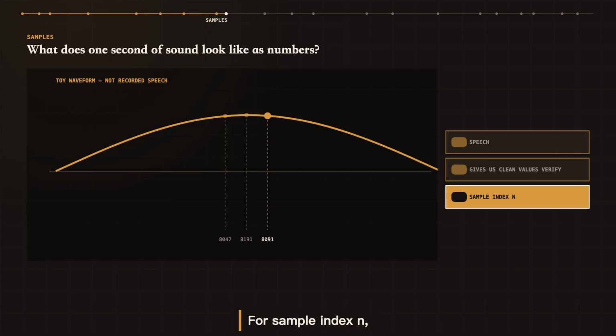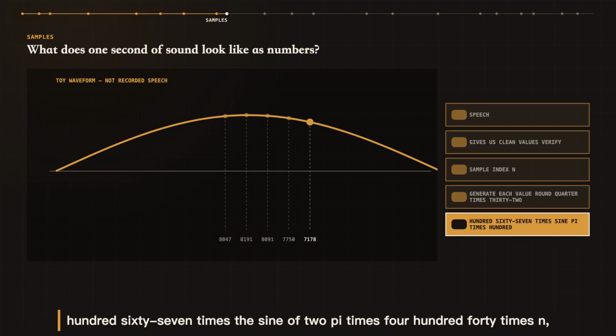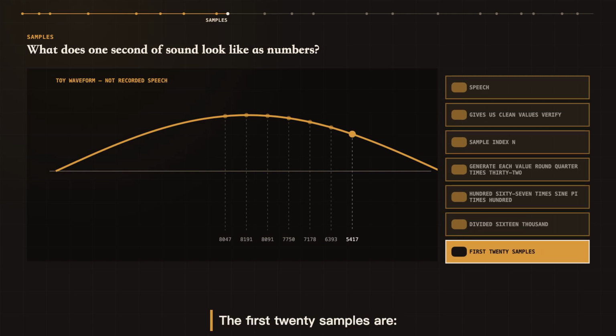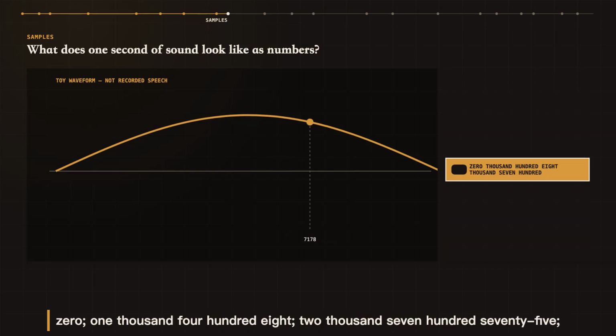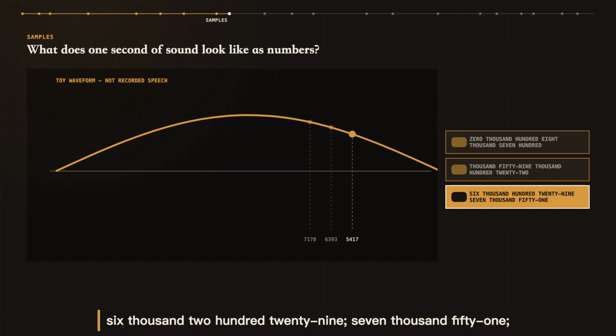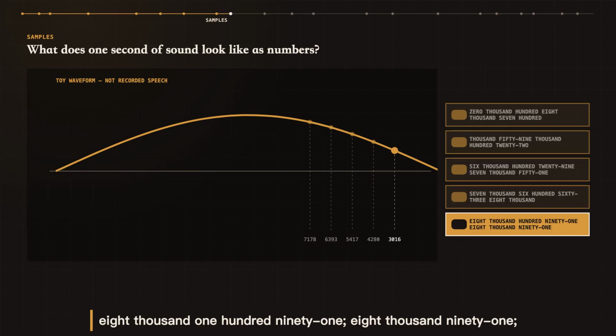For sample index n, we generate each value with round of 1/4 times 32,767 times the sine of 2 pi times 440 times n, divided by 16,000. The first 20 samples are 0, 1,408, 2,775, 4,059, 5,222, 6,229, 7,051, 7,663, 8,047, 8,191,